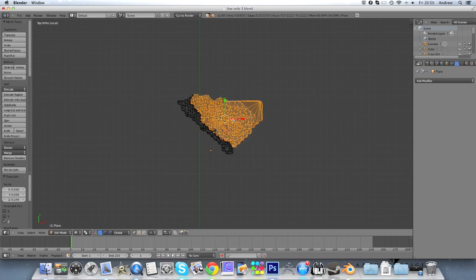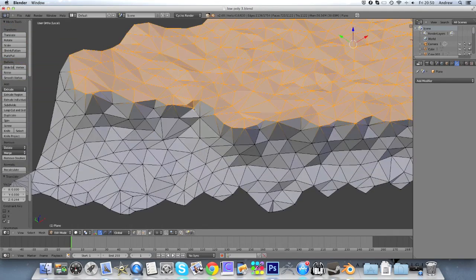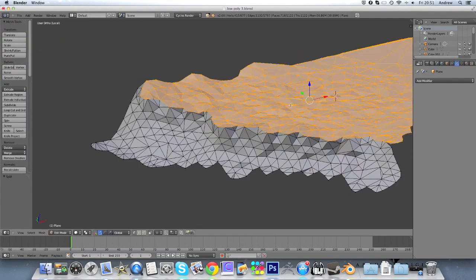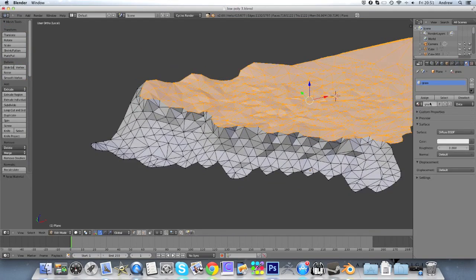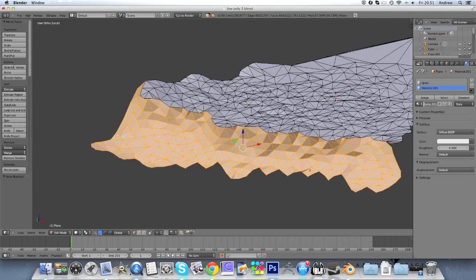So I'd need to select the edge anyway, and this is why I'm splitting it off like that. So now that's a separate object, I can apply my green material, and then I can press Ctrl I, select the rest of it, and get my